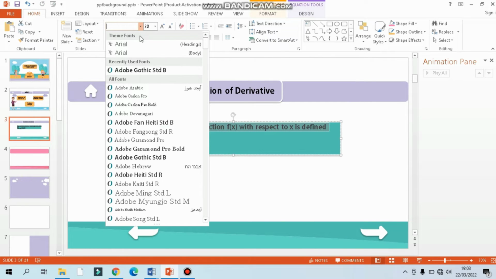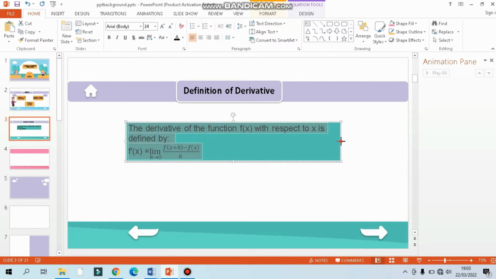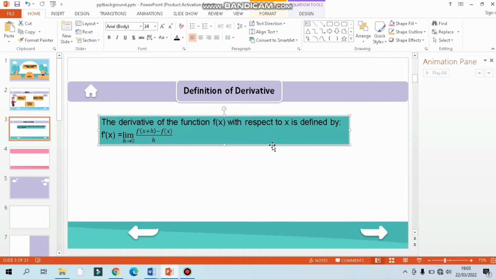We can choose the theme. I choose Arial. Okay, next I want to add the example.